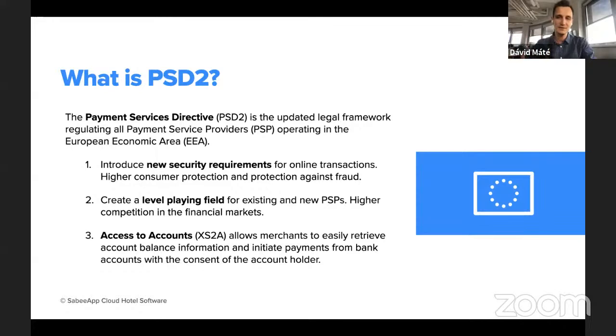What it essentially means is that merchants will be able to retrieve bank account information of customers, and will be able to process charges, of course, with the consent of the customer, without us having to enter in credit card details at all. So the way that we do online transaction now is that we are directed to a payment site, and we use the credit card details to complete the transaction. Now this is going to change.